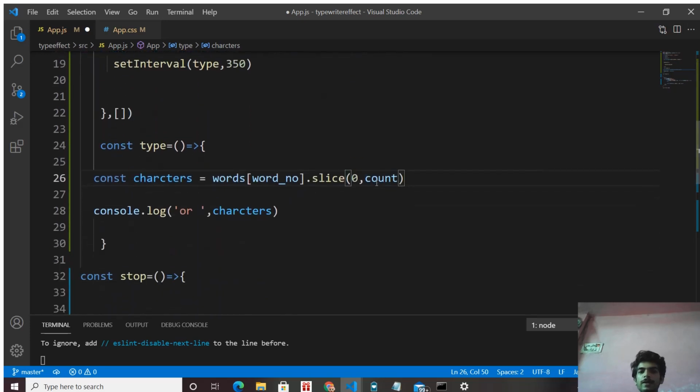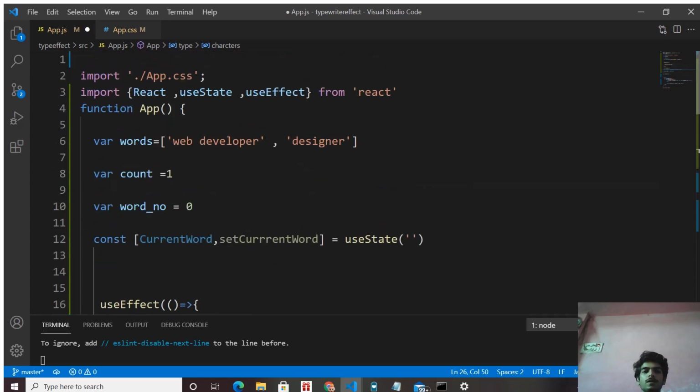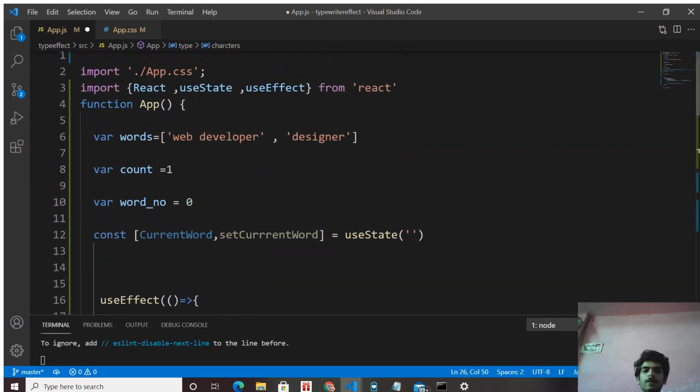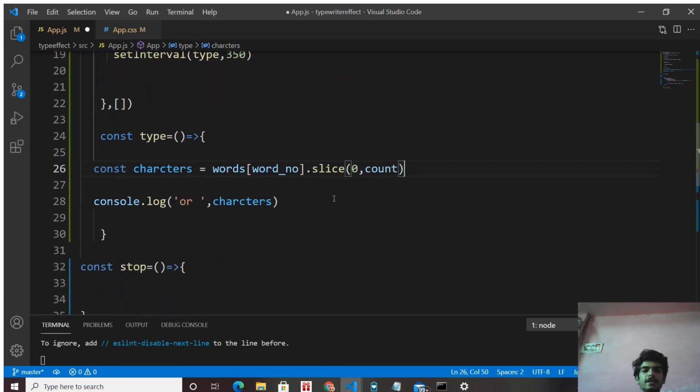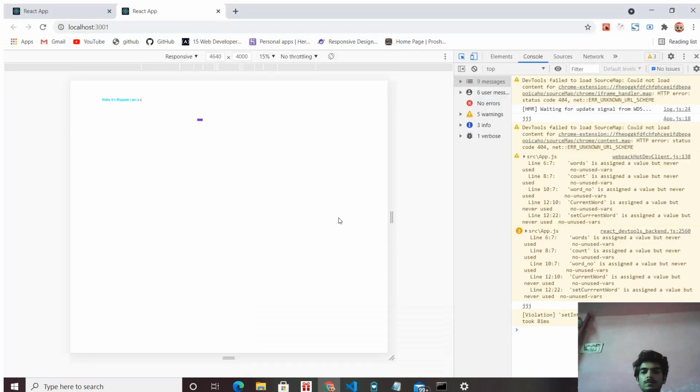Whatever value you give here, it is going to extract up to that range, from 0 to 1. Okay, so right now the initial value of count is 1, so it is going to extract only one character, from 0 to 1, that is W, and when you save this, see exactly this gets printed in the console.